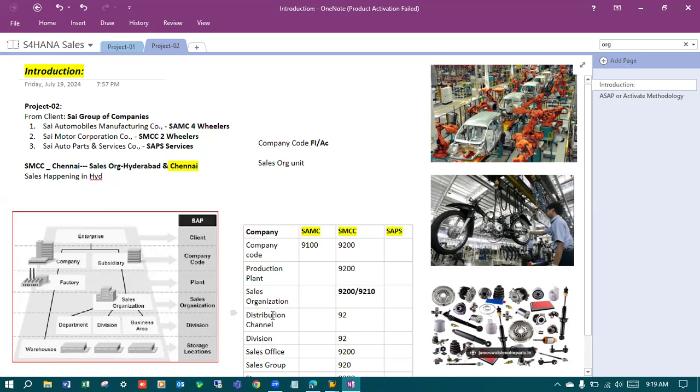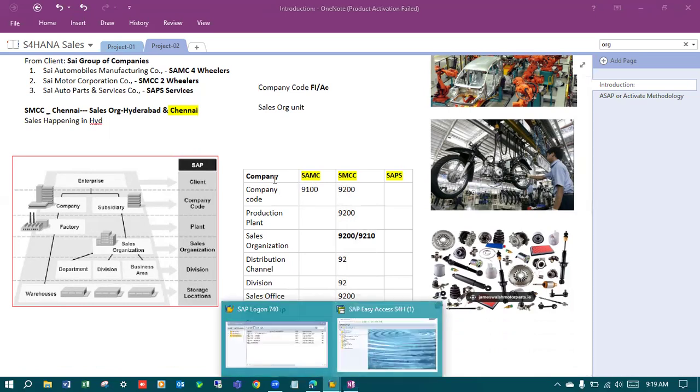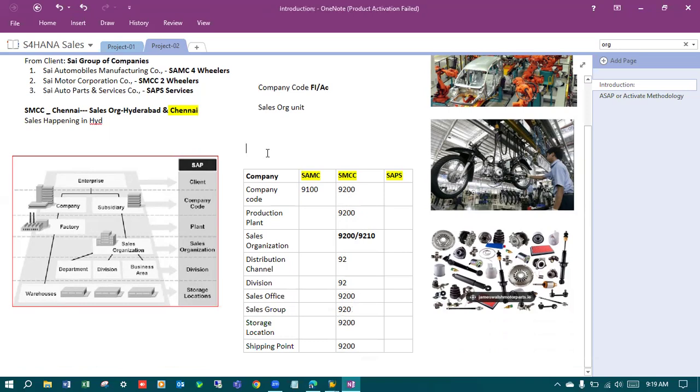Still confusion? No clarity? No. Is it clear now? Yeah. Shall we continue? Yes. Okay. Now, how are we going to define these units in the system? Shall we go with the execution process or